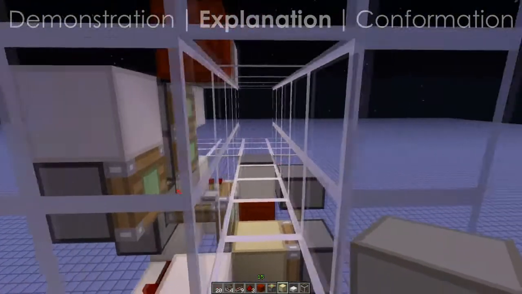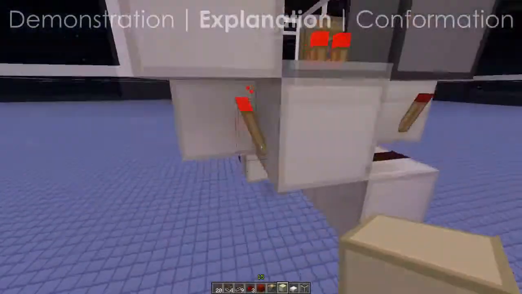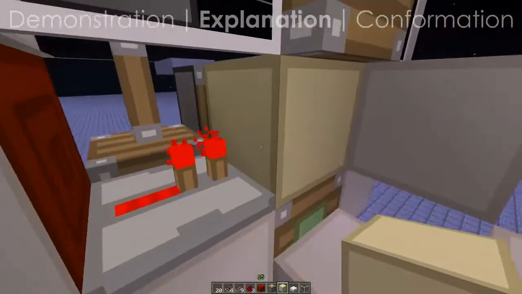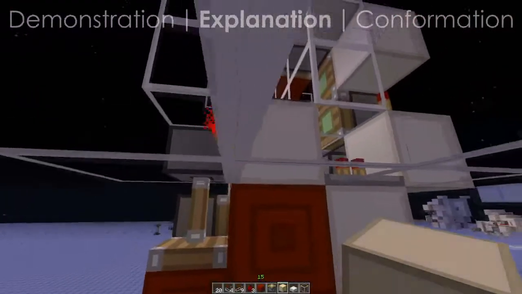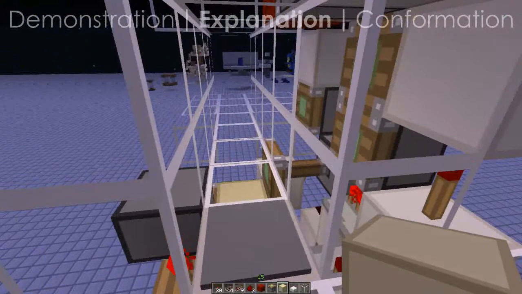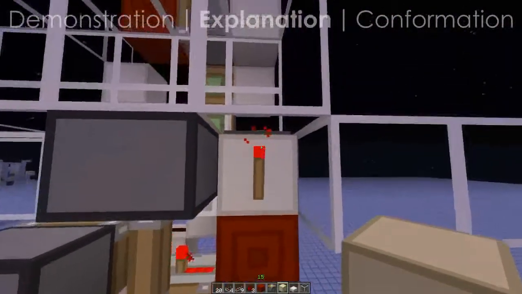Now we've got to do the closing. So, the sand acts as a piece of memory. When the sand's there, it's on. When the sand's not there, it's off. And we can tell that from this piece of redstone dust here. Now, when you step on this pressure plate to close the door, what happens first is it deactivates